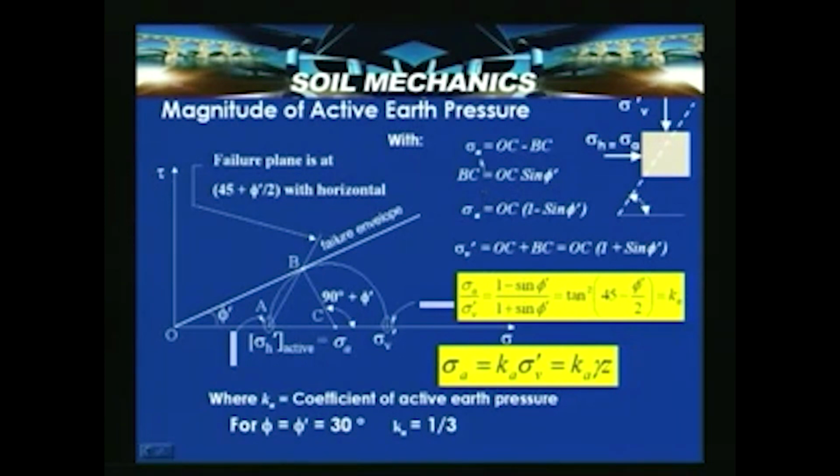Now, substituting for BC, sigma A is equal to OC into 1 minus sin phi dash, and similarly sigma V dash we can write this